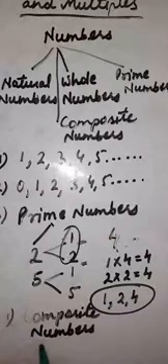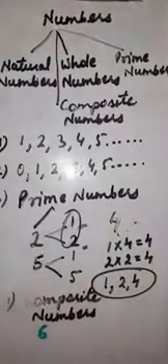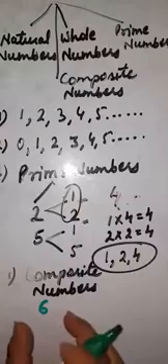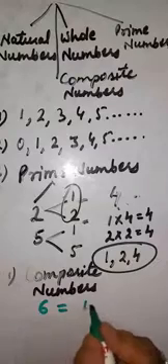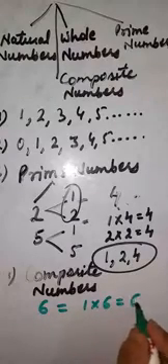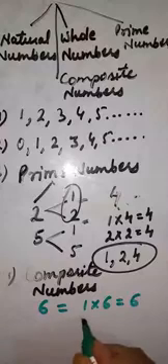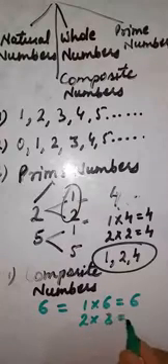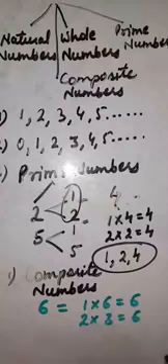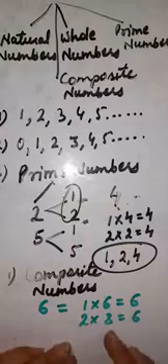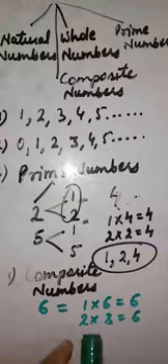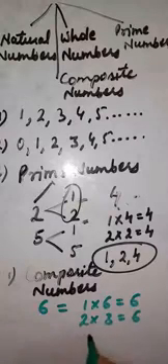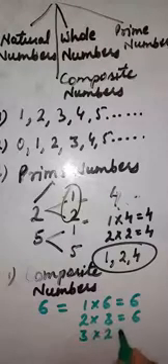Now let's take another example, that is 6. So find out all its factors. आपको बताना है 6 किस किस की टेबल में आता है. So we will find its factors here. 1 multiplied by 6 is equal to 6. Now it will come in the table of 2, 2 multiplied by 3 is equal to 6. Now it will again come in the table of 3. But children, what I have told you earlier, if the order is changed, we will stop finding the factors. अगर हमारा order change हो रहा है, because we are writing here 2 multiplied by 3, now we will write here 3 multiplied by 2 is equal to 6.